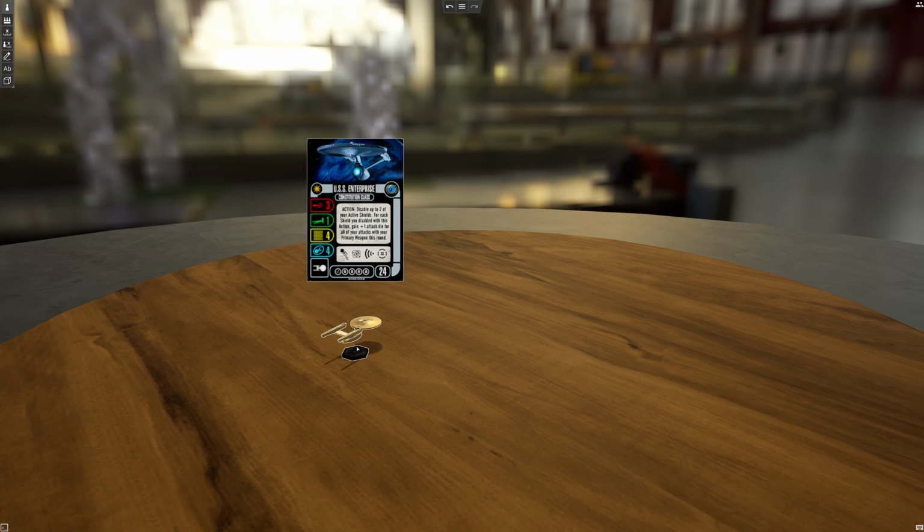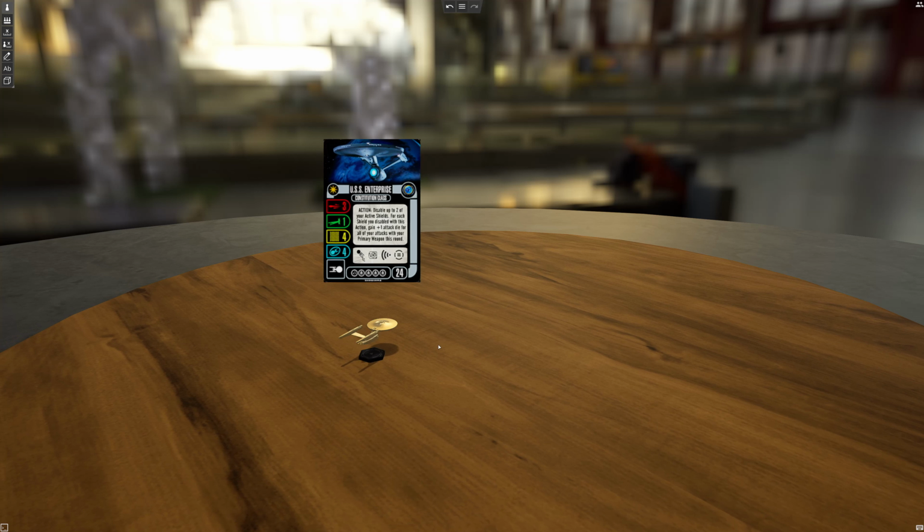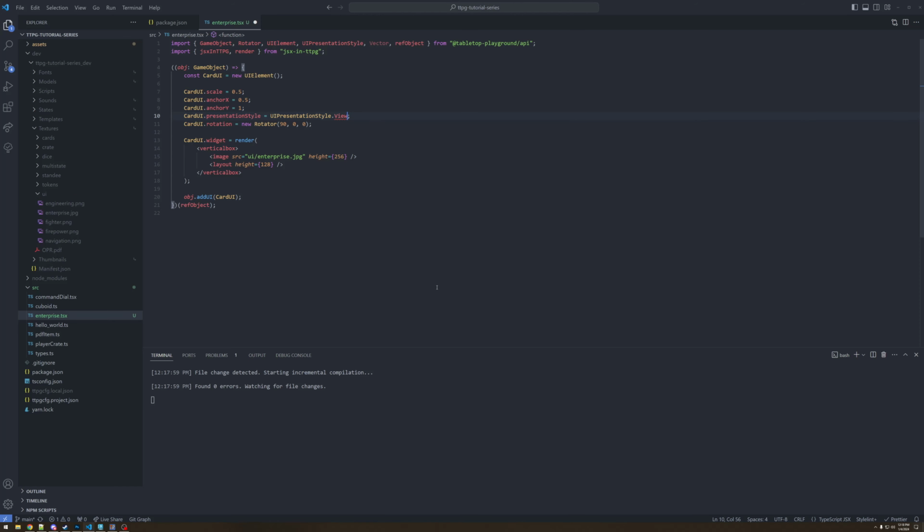The other reason why I recommend view aligned is because it's a little better at collisions. You'll notice that I can grab the back of this little hex thing, and just as a reminder, the collider for this miniature is just the hex, like the ship isn't part of the collider, so I can grab the back of this. Whereas if I go to screen,